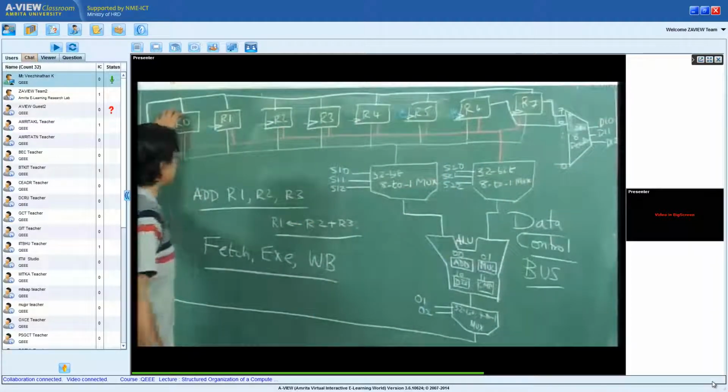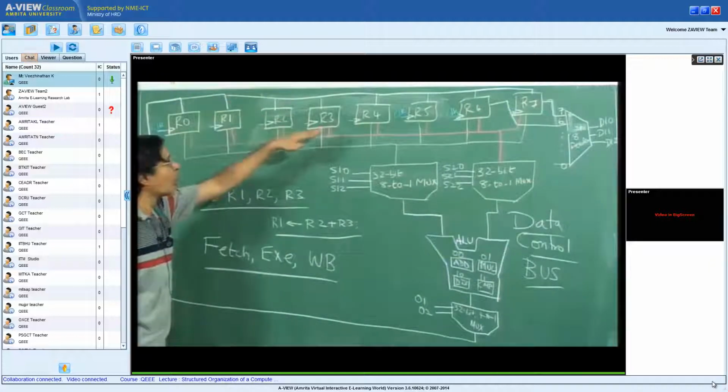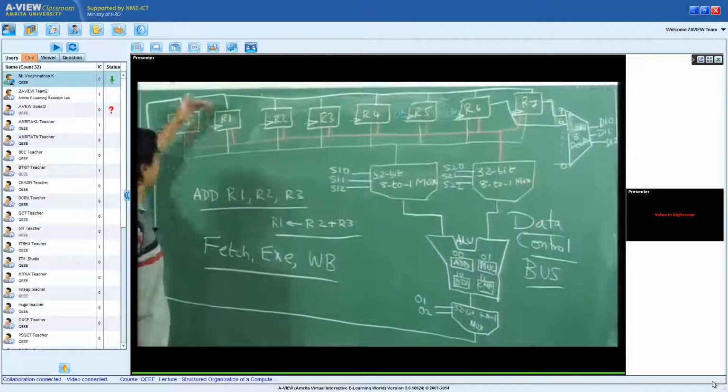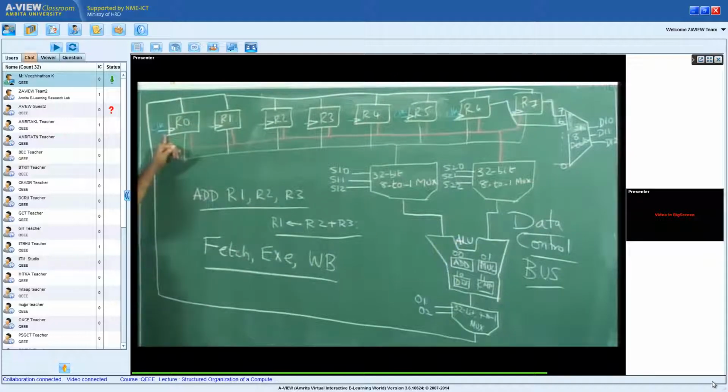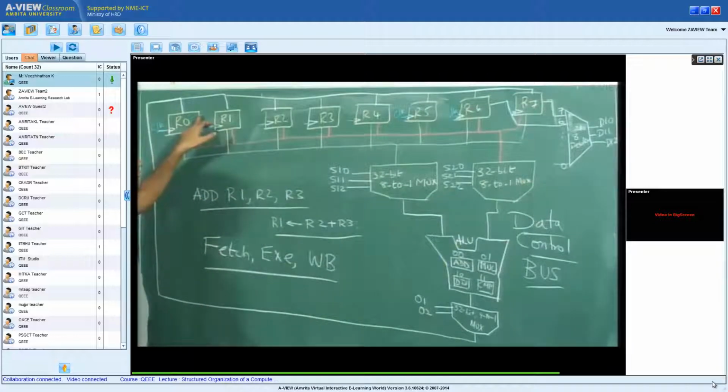All these registers have what you call parallel load capability. That means I can load the data at the clock pulse, and they also have a select. So I have to select a register if the select bit is 1, and if my clock goes high, whatever is there on the bus will essentially get loaded into that register.